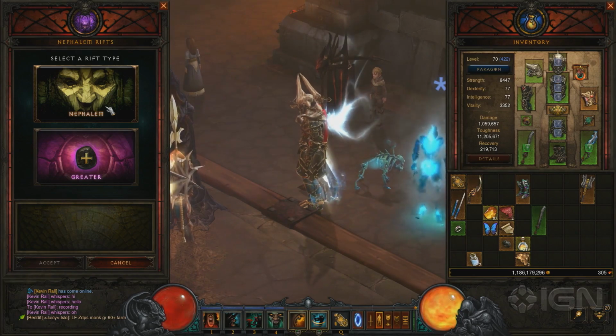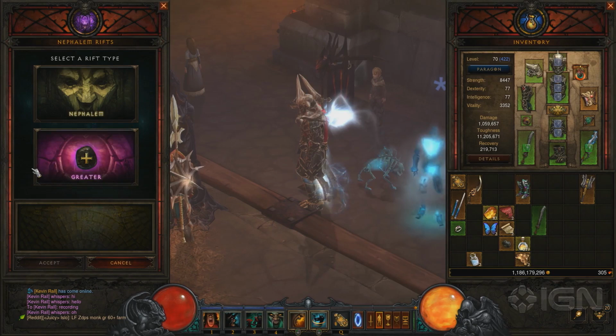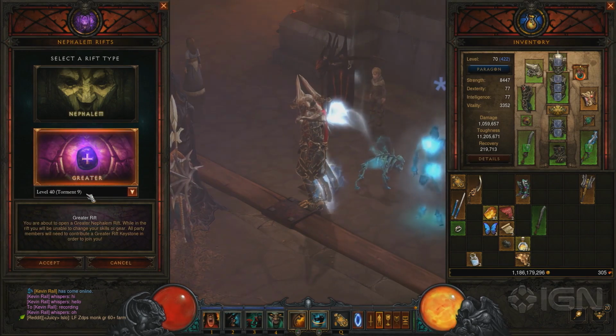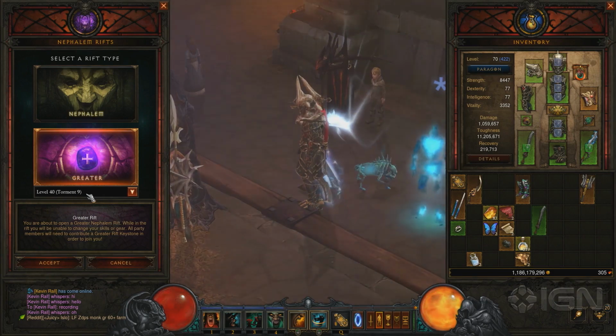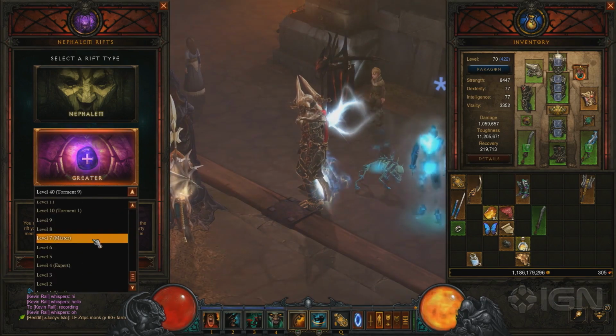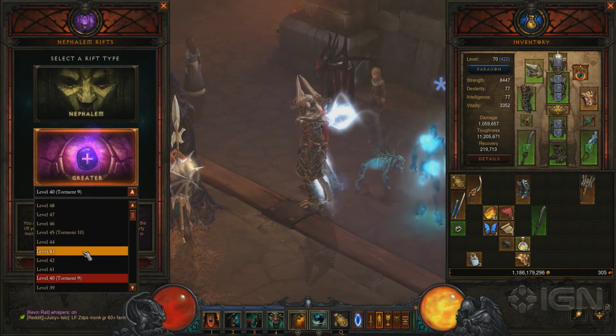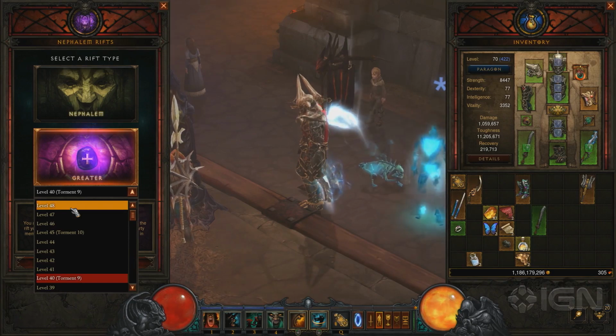So normally you would need a Nephilim Rift Stone if we wanted to do a Rift. You don't need that anymore. You can just jump into a Rift, which is nice. With the Greater Rift, if you recall, you'd go into this trial and it'd be how many waves can you defeat? Based upon that, it would give you a number. No longer is that the case. You can just straight up select it. And if I wanted to unlock Greater Rift level 59, I would just have to play 48 in a certain